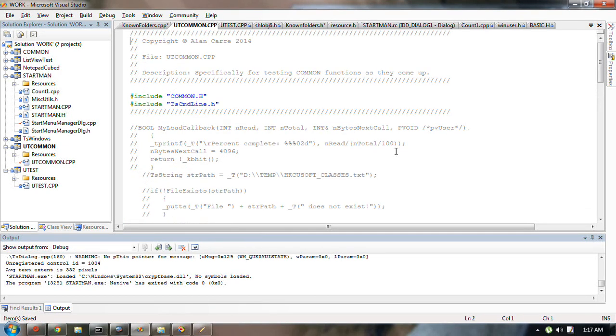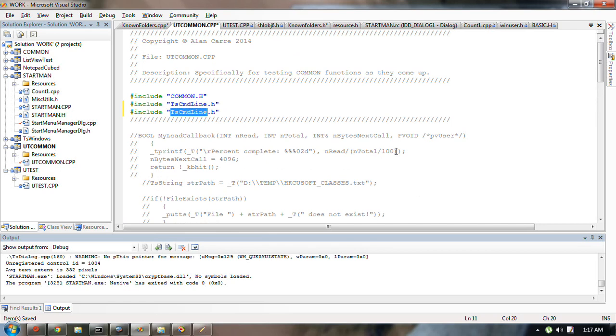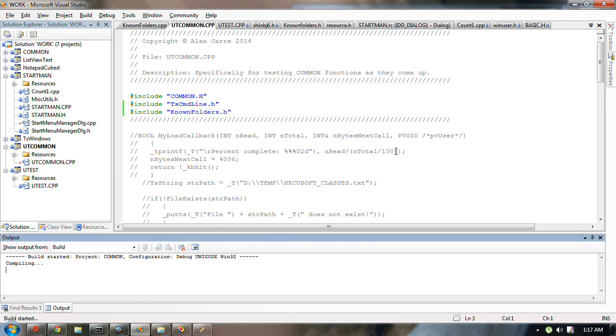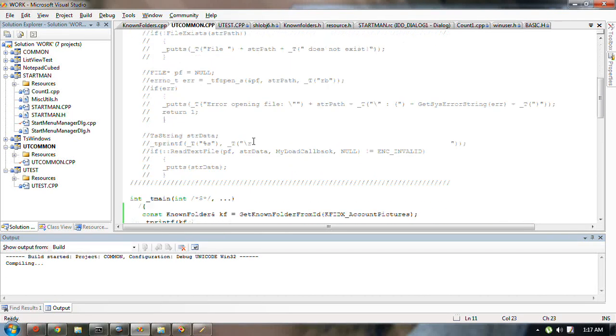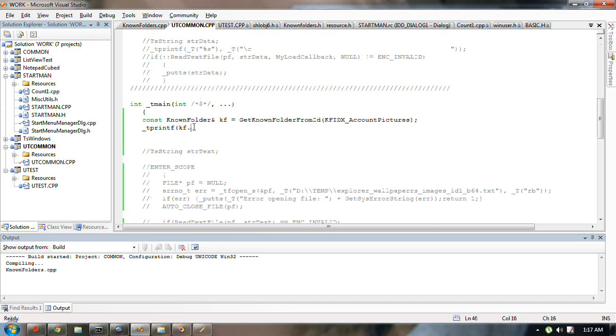I'm not including known folder. Stir ID. One is a GUID type thing, and one should be a more human readable string, not a path or anything. Just